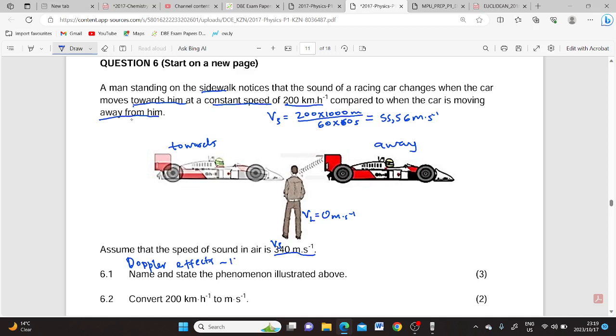So of course we said it is the change in frequency of sound wave observed